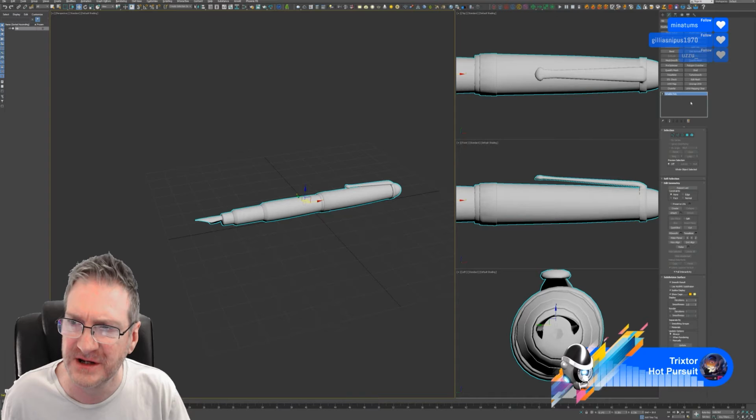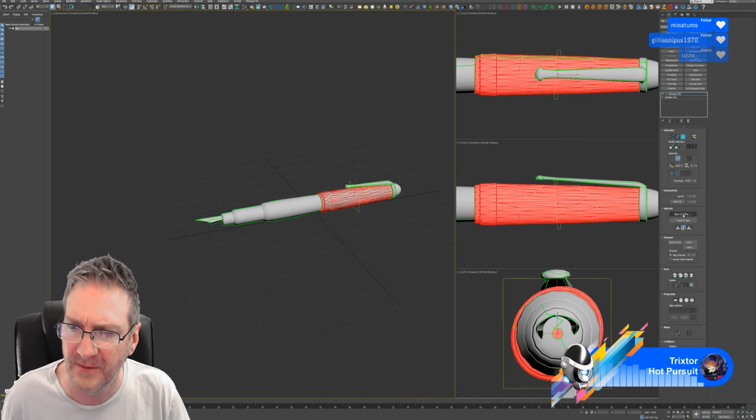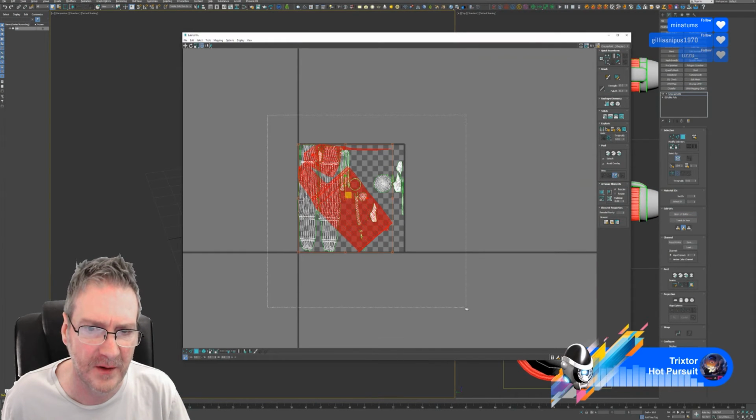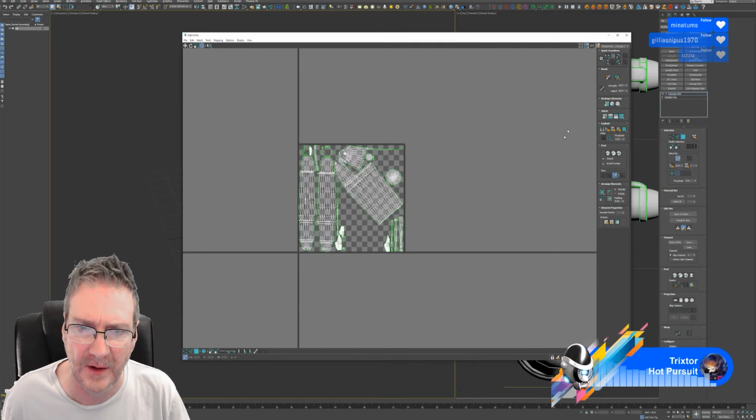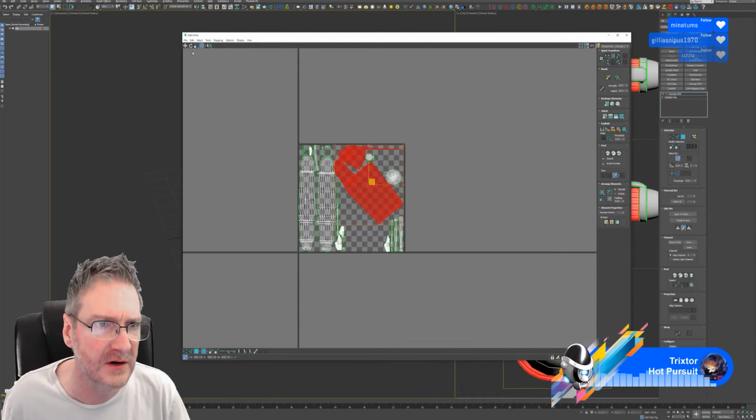Of course, now that we've changed the UVs, we have to repack it. I'm also going to rotate this. I don't want it at an angle, so we want it to be more vertical.